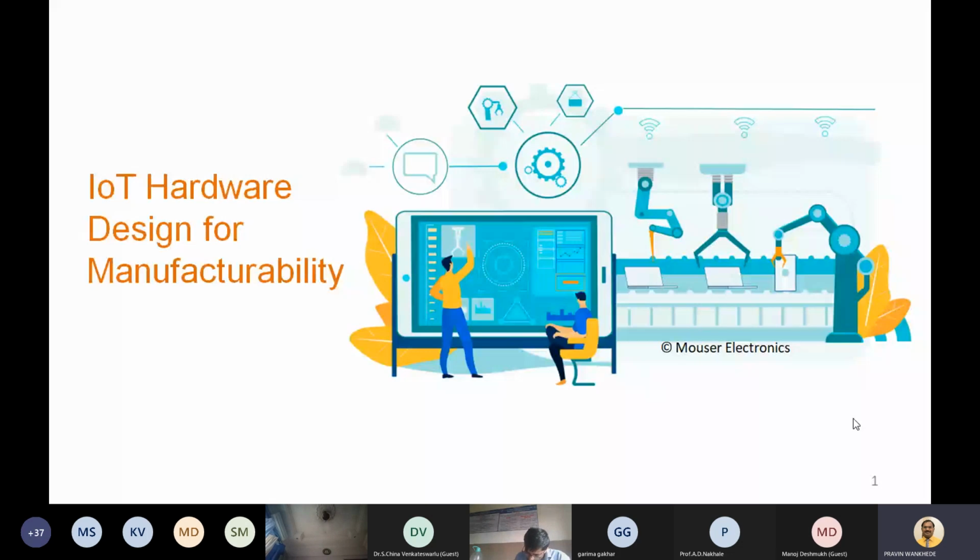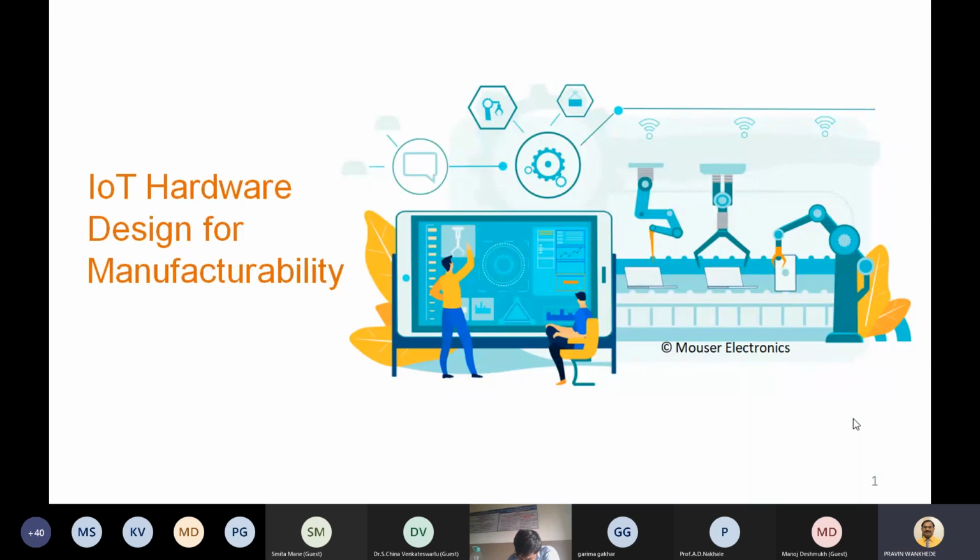So to avoid so many things, we will think about what design for manufacturability is. First we'll discuss what design for development is, and then we'll discuss what design for manufacturability is. Then what are the different aspects of design for manufacturability. Then we'll see what different steps an electronics engineer or researcher has to take, so that in future when we try to manufacture our product in mass quantity, there should not be much more cost or variation involved. Okay, so all those types of things we will look at.